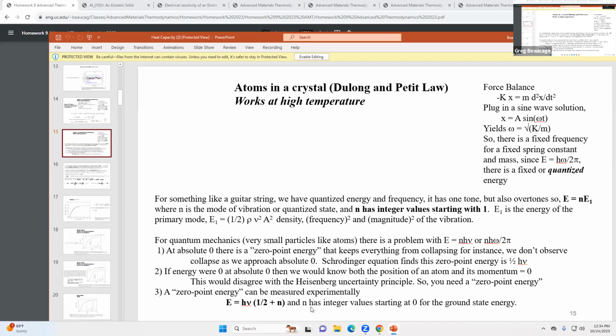That's E for each mode. That's the energy for a mode, one mode of the vibration. They're going to sum up over all the modes, weighted by the Boltzmann factor, exponential